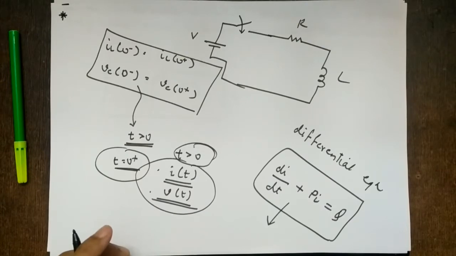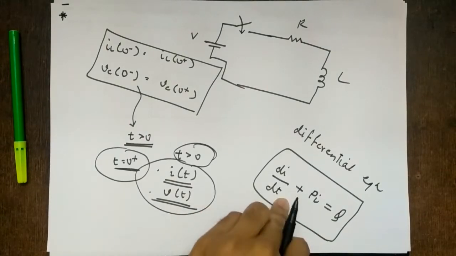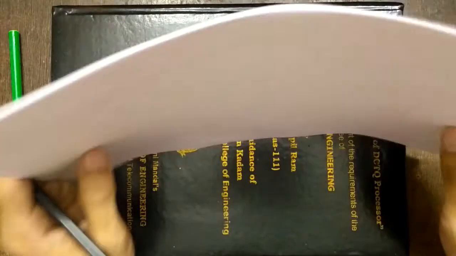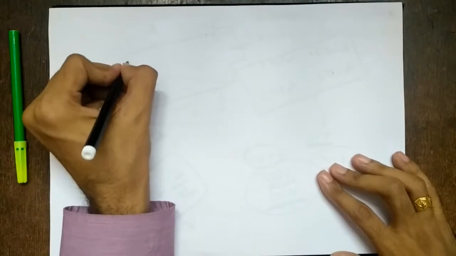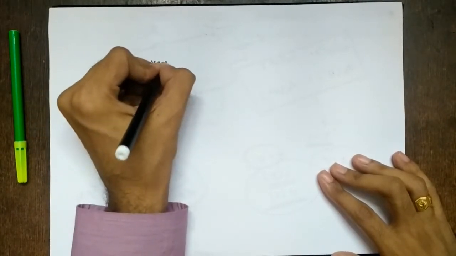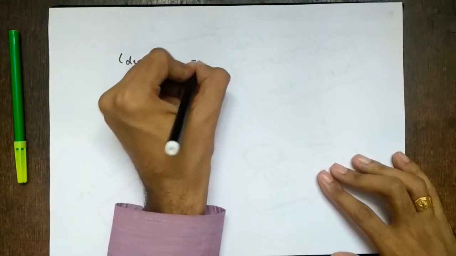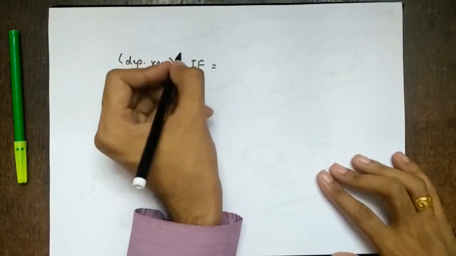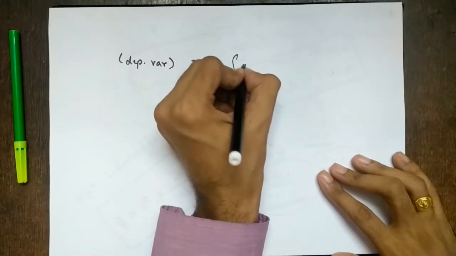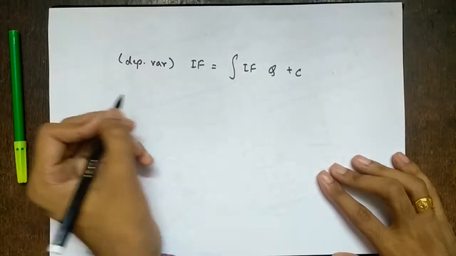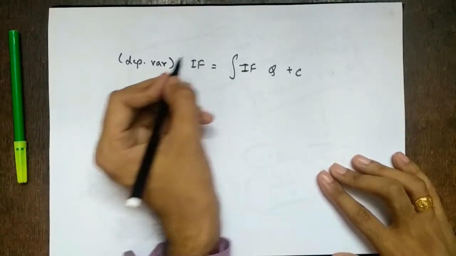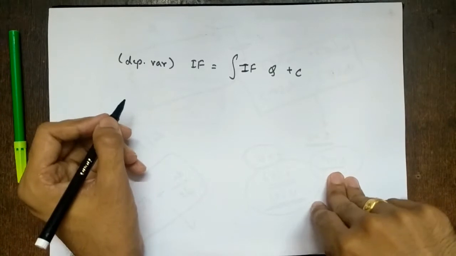So let's see how to solve differential equations. The book which I have shared with you gives a different formula, but for that you have to remember two formulas. So instead of remembering two formulas, I am giving here only one formula. If you find this simple, you can use this way. You can remember just this formula: dependent variable into integrating factor equals integral of integrating factor into q plus c. Okay, so you can use this formula.